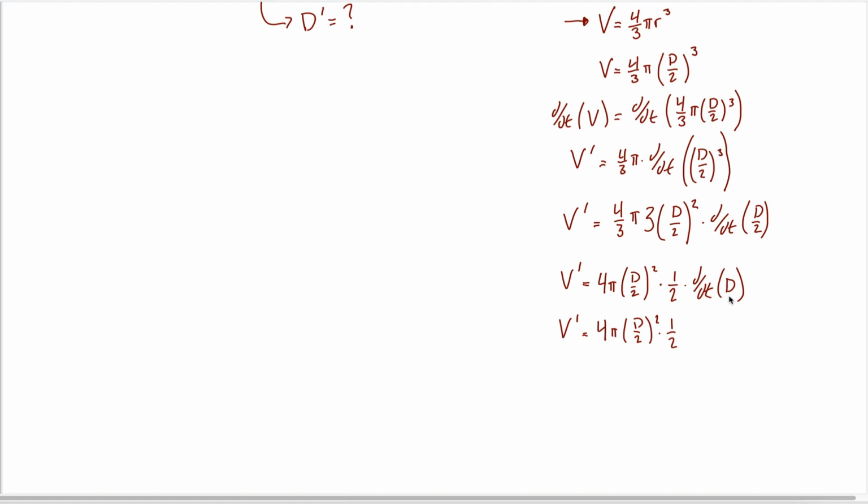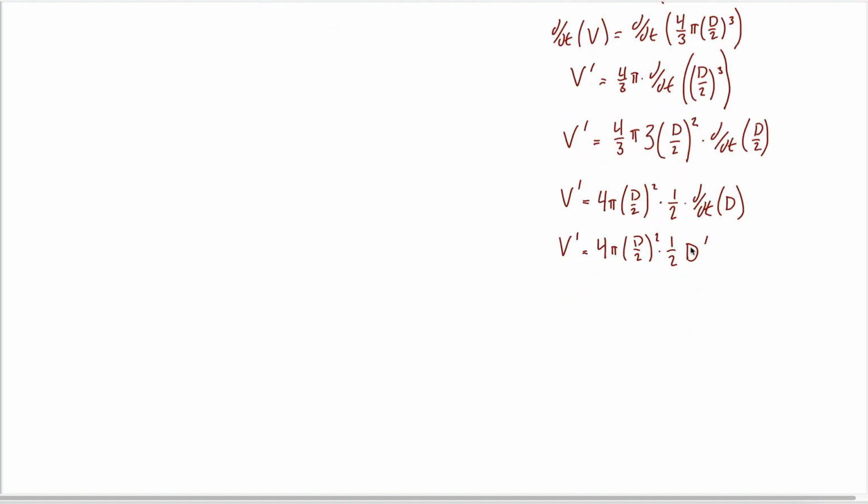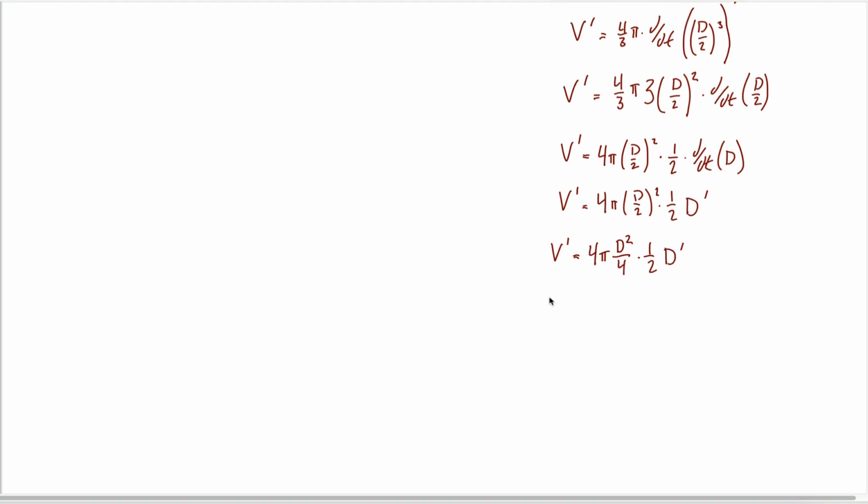Take the derivative of d, because d is a function, its derivative is d prime. I want to solve for d prime, so you could just divide all this stuff over to the other side of the equation, although I think it'll make your life a little bit easier if you clean stuff up first. d over 2 squared is the same as d squared over 4, if I square the top and the bottom of that fraction. And now I have a 4 up in the numerator and a 4 down in the denominator,